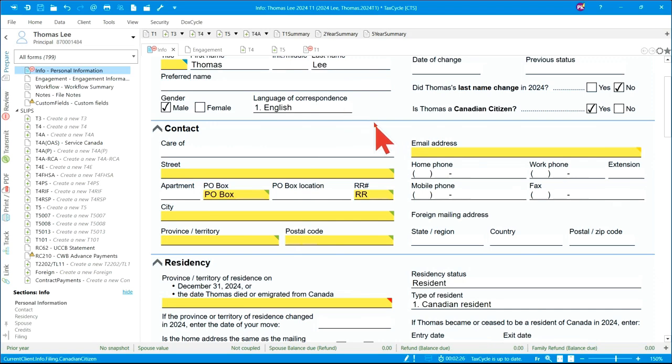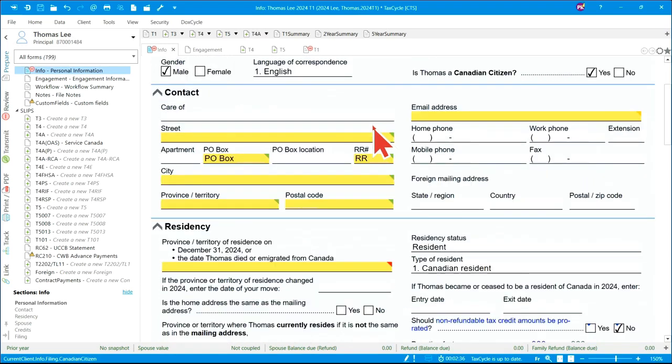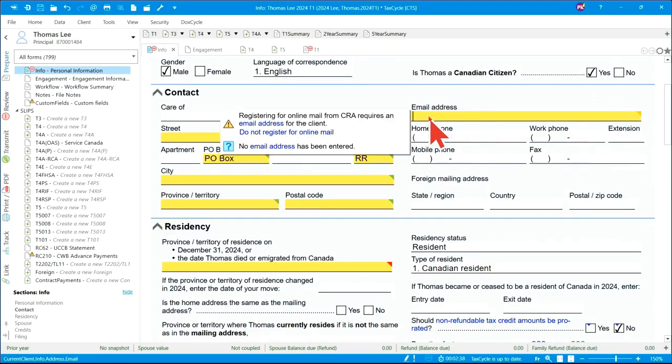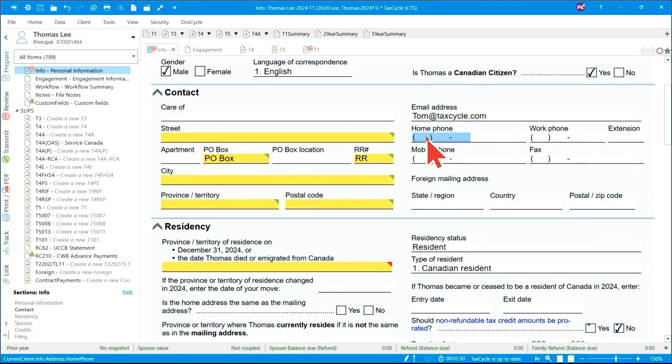And you can do that as well before you start creating any return for you. That can save you some time from data entry. And then you can also enter email address, which is important these days. Thomas, let's see, taxcycle.com. And this ensures that you have all the details of the clients through which you can